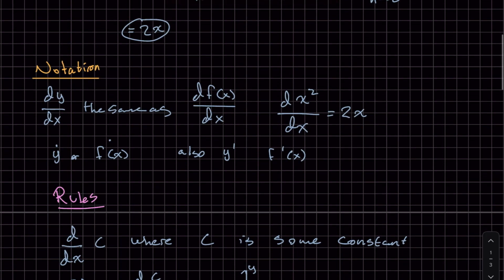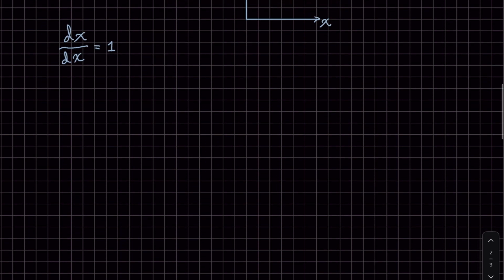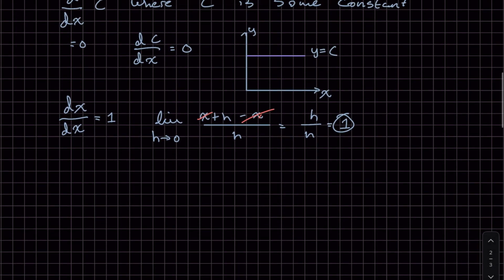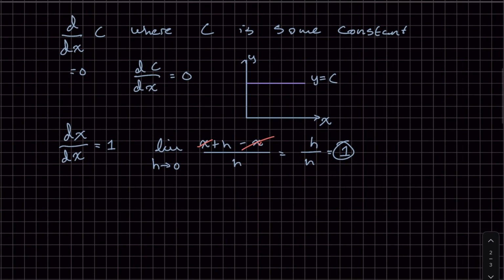In fact, we'll practice actually using the limit definition of a derivative. So the limit as h approaches 0 of x plus h minus x divided by h, right? And so we'll cancel these, and this is equal to h over h, which is equal to 1. And that's pretty simple. We'll number these in pink. 2, 3. The third one is